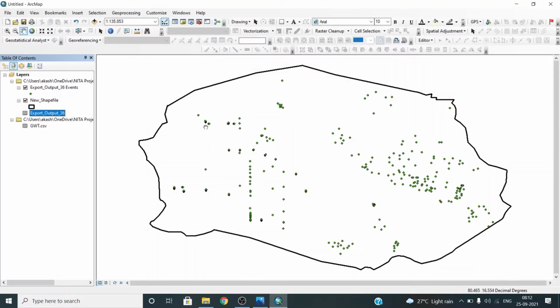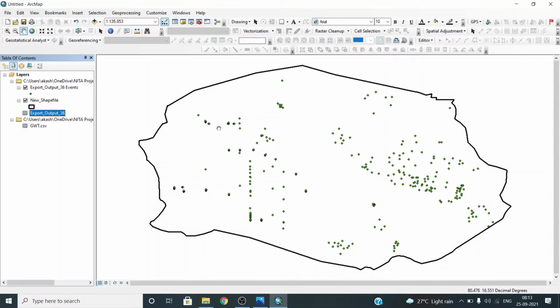So you can see here the points that I have added through my data points. They are showing here according to their latitude and longitude. So for each point I have the groundwater table, but you can see some empty places here. For those we do not have any data. Okay, so to fill this data we have to do the interpolation.